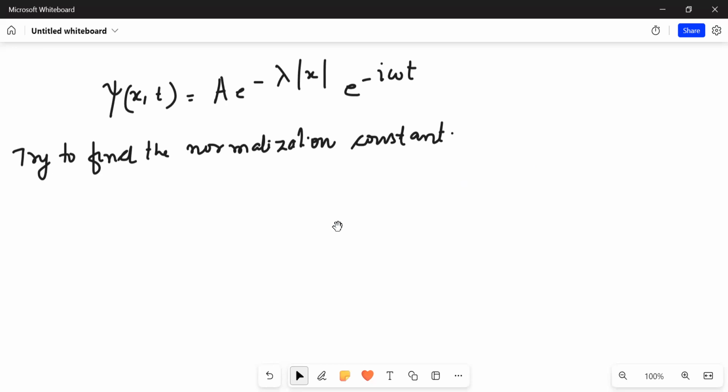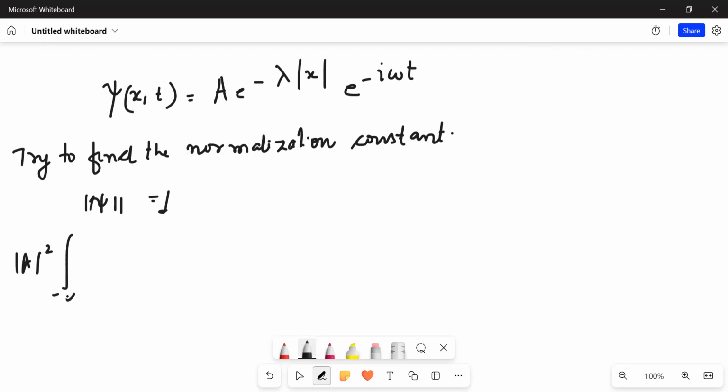Okay, so how to find the normalization constant? It is quite easy. This A can be found by taking the norm. So I'll say that this norm of psi must be equal to 1. So let us take that. That will be mod A whole square from minus infinity to plus infinity e to the power minus 2 lambda x, because see, this is iota. So if I'm going to do this psi star psi dx,